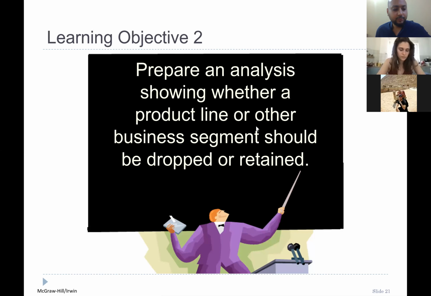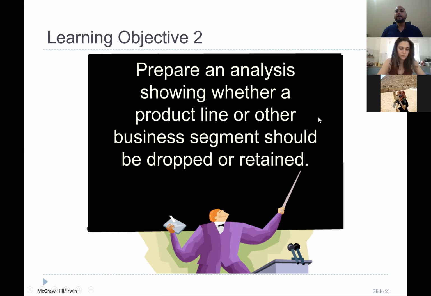Okay, class, we just resume our recording and fix the issue. So let's go back to our second learning objective, which is prepare an analysis showing whether a product line or other business segment should be dropped or retained.